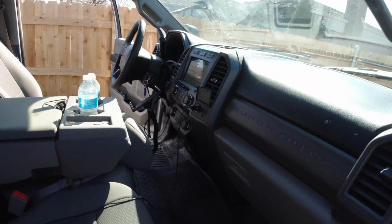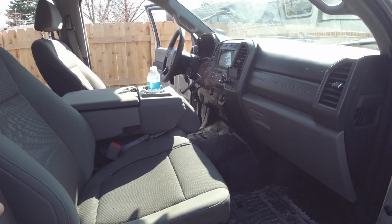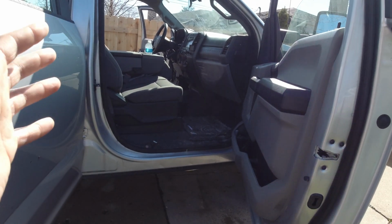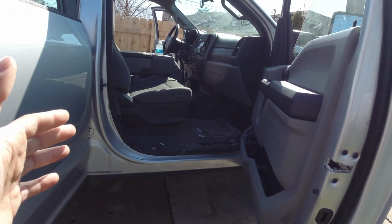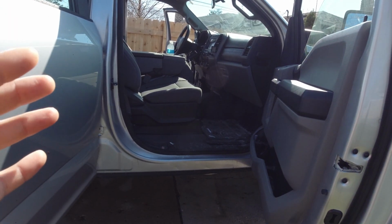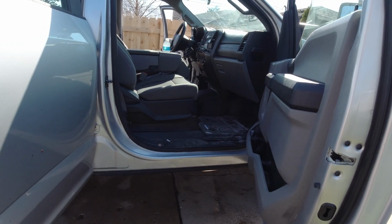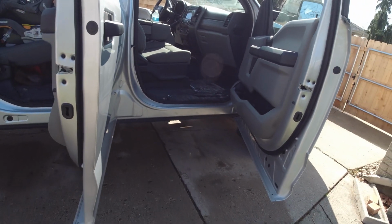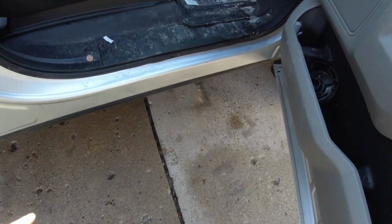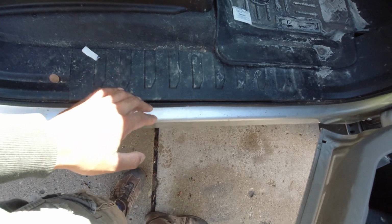Yeah. So there's no sound coming from the radio, and what I noticed while driving the truck is that if you hit a bump or whatever, it will intermittently sound like you're plugging in headphones. It definitely sounds like there's some kind of a short going on somewhere with the wiring harness. So I'm gonna try to see if it's underneath the rocker panel here, underneath this,